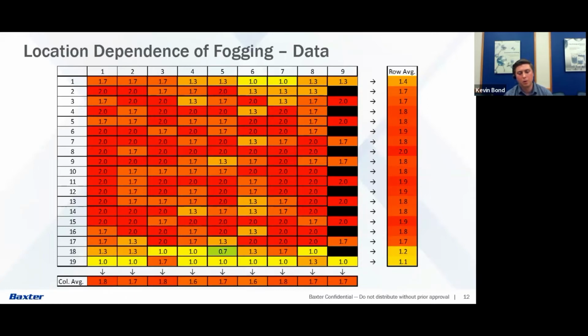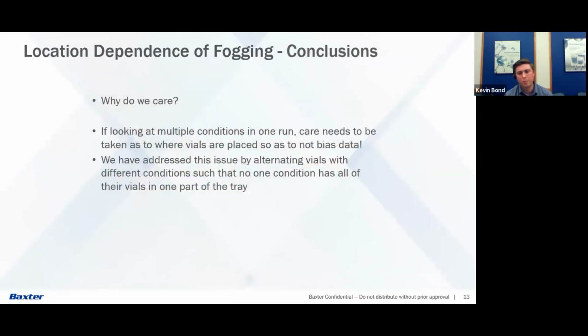So, you might be asking, why do we really care about this? This apparent variance of fogging severity across the shelf becomes important when we begin to design experiments comparing multiple variables that are located on the same shelf at a given time. So if you have multiple different vials all on one single lyo shelf, if you group all those vials for each condition together,